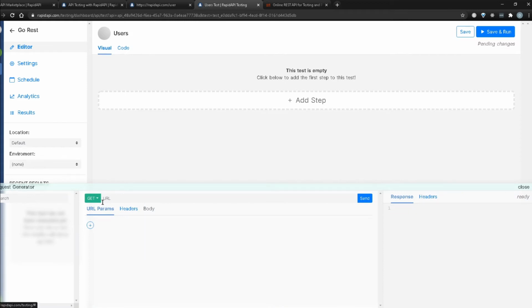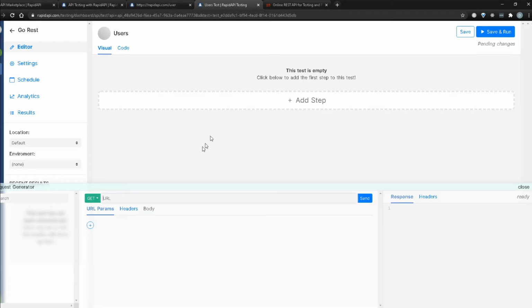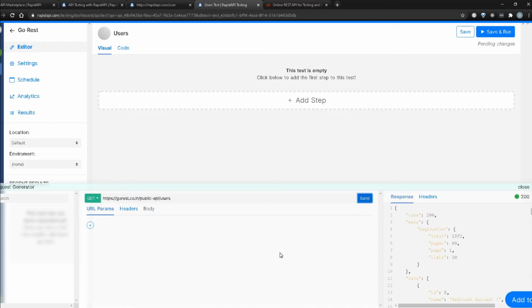So I'm going to click there. And it's pretty simple. It tells you what's the URL you want to use, which should be the API method. So we can do get, post, put, or delete. So we're going to start off with our get call. I'm going to be making a call to this API over here. I will paste that and hit send.